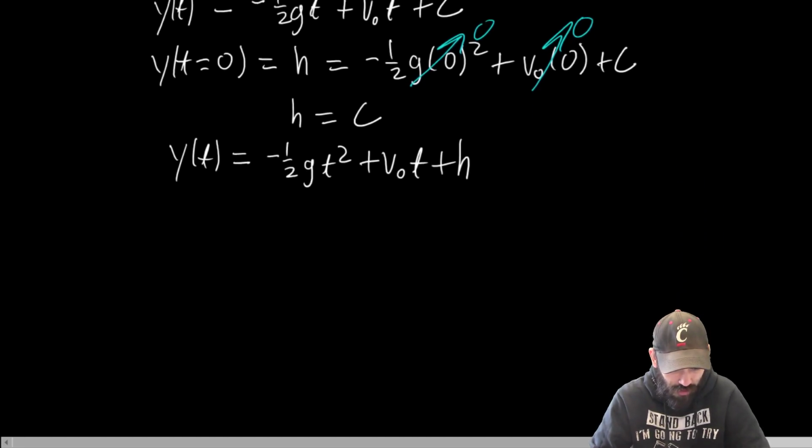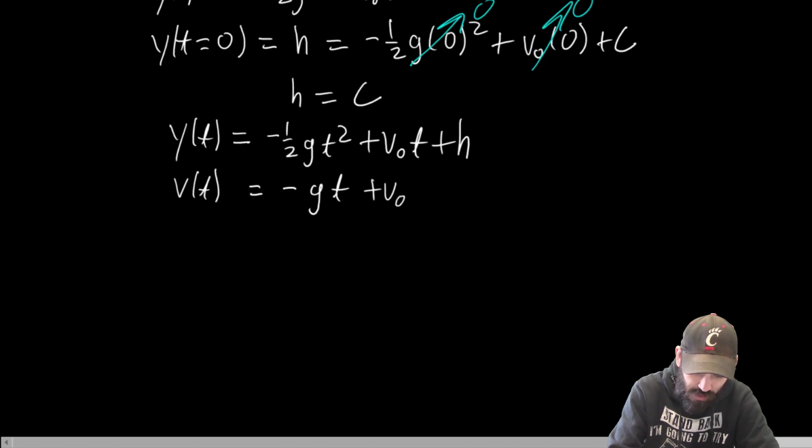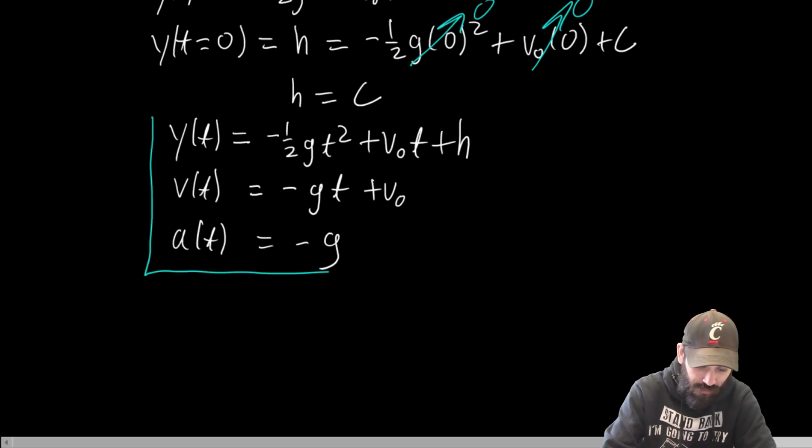And let's just collect everything in one spot. We have our velocity equation, v of t is equal to minus g t plus v0, and our acceleration equation, a of t is equal to minus g. You can put a box around that, and that is the answer to